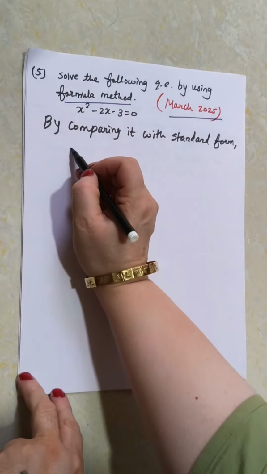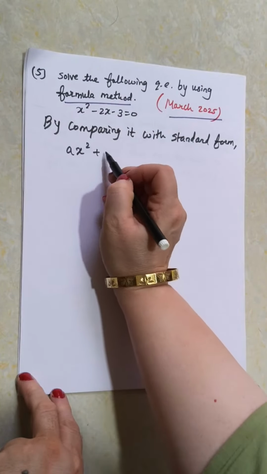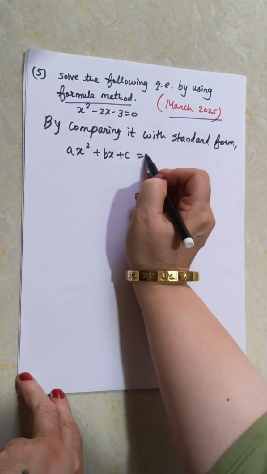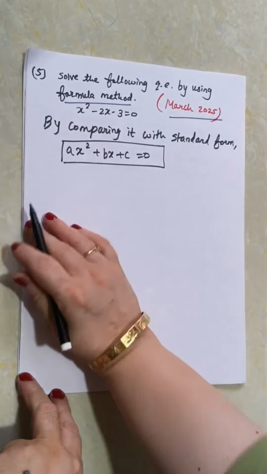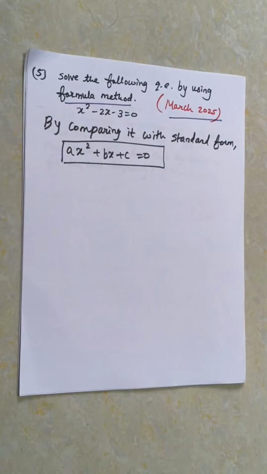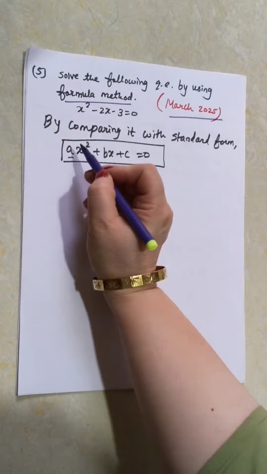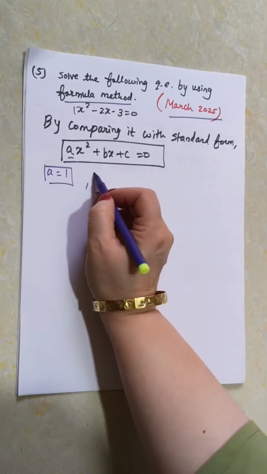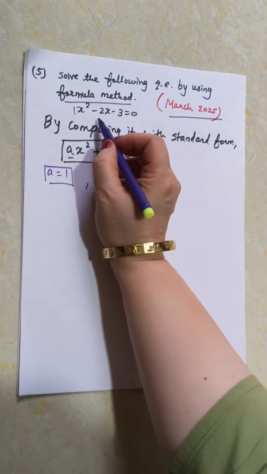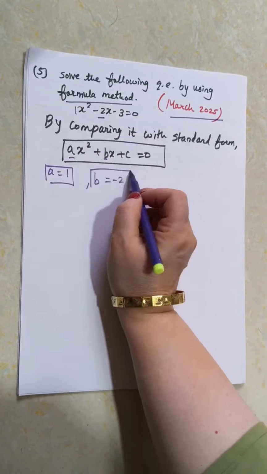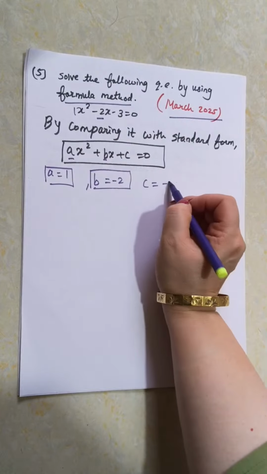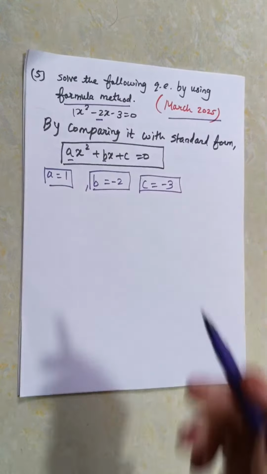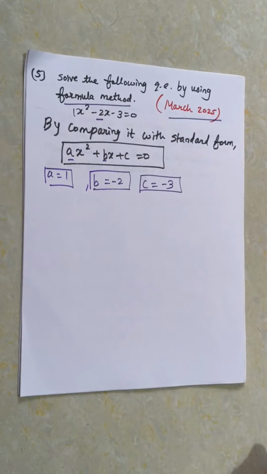The standard form is ax square plus bx plus c is equal to 0. Okay everyone, now let's compare it. So what is a? a will be 1. b will be negative 2, and what is c? That is negative 3. So once I got a, b, c, now let us find out